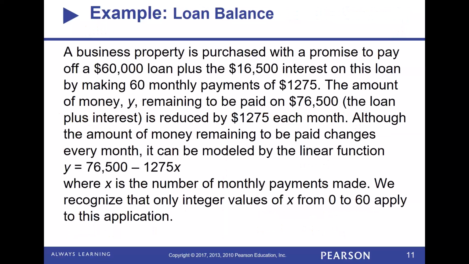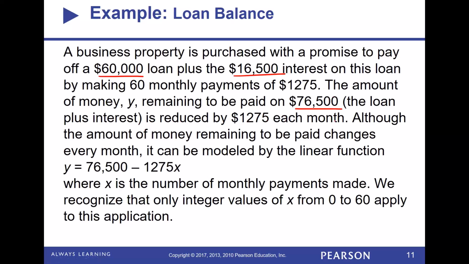Let's talk about word problems or applications. So let's talk about a business property purchased with a promise to pay off a $60,000 loan plus $16,500 in interest on that loan by making 60 monthly payments of $1,275. Now the amount of money remaining, we'll call it y, to be paid on that $76,500, that's basically the loan plus the interest, is found by reducing it by